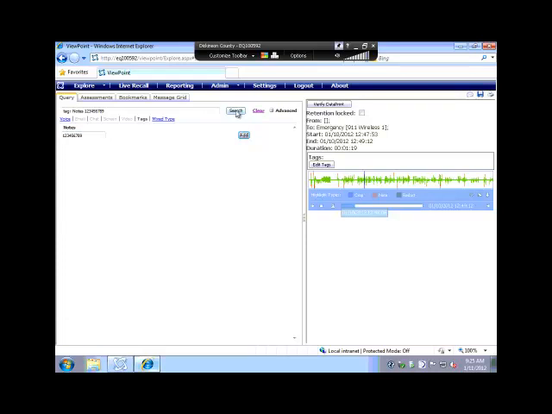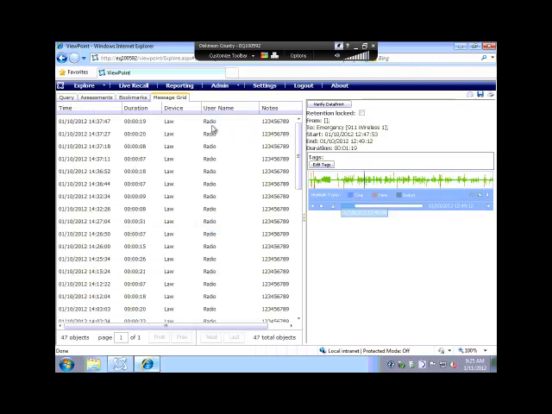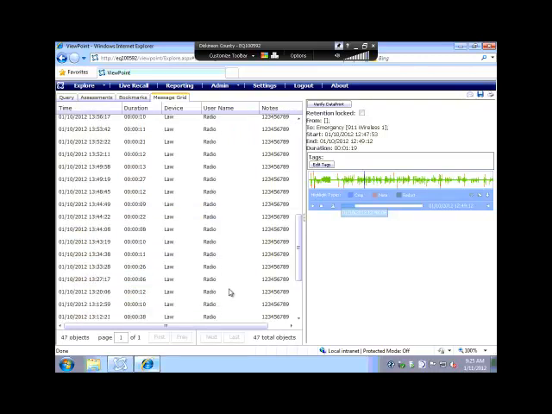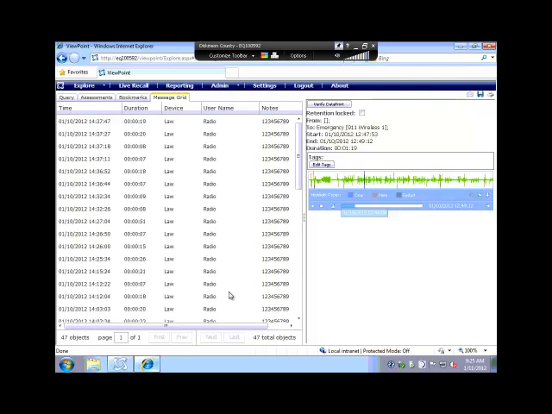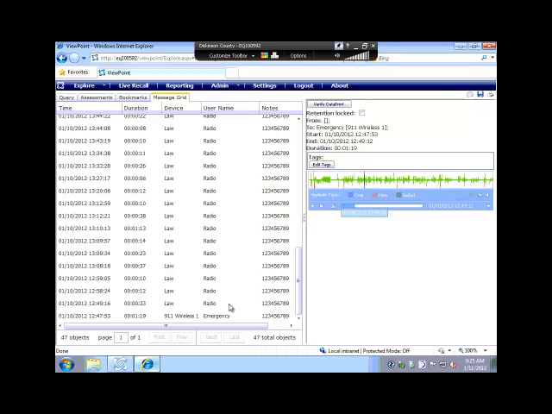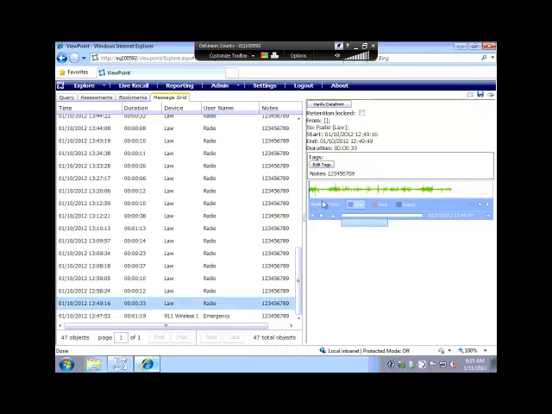I don't need a time, I don't need anything else. I'm just going to pull my voice recordings that I need with my incident number. So what I've just done is put all the recordings that I need on one page. From here, as you go through and listen to the voice recordings, you have the ability to play them back and make sure that